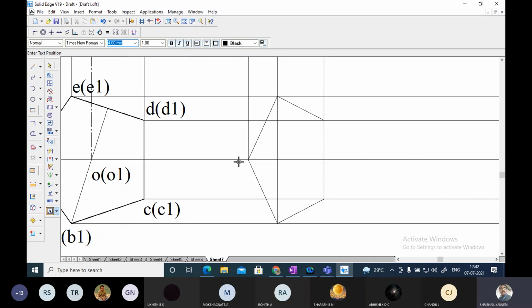This is bottom or top. You see, this is the bottom portion. A1, B1, C1, D1 and E1. Bottom portion. So keep it somewhere neatly, so that you are not going to cross this.